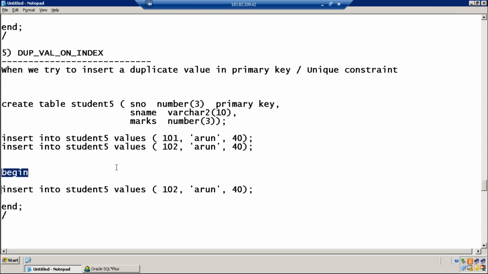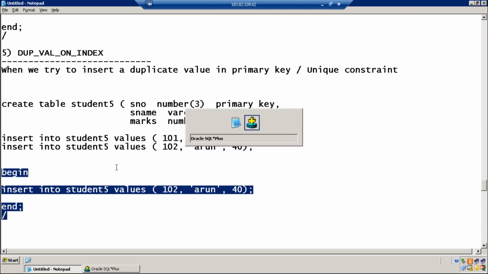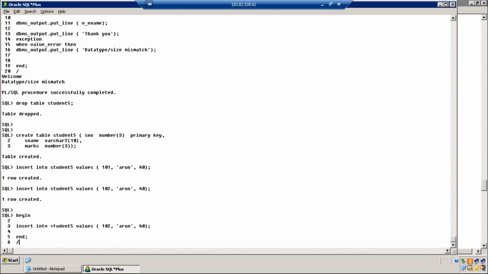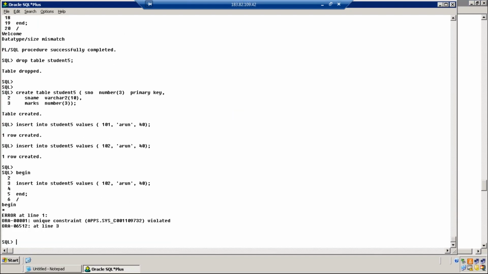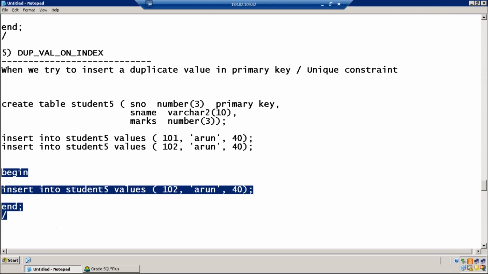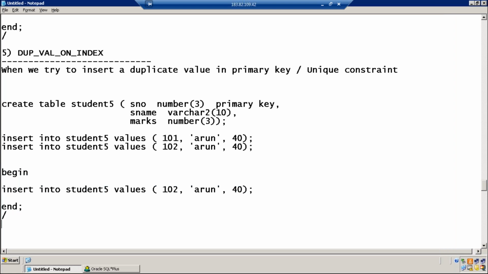When you run this block, it is a single line statement, but it will give you an exception. You are not getting a successful message. This is giving an exception. The exception is raised in this program. Since it is only a one line statement, you can understand which line is raising an exception. The insert command is raising the exception. So can I handle the exception?